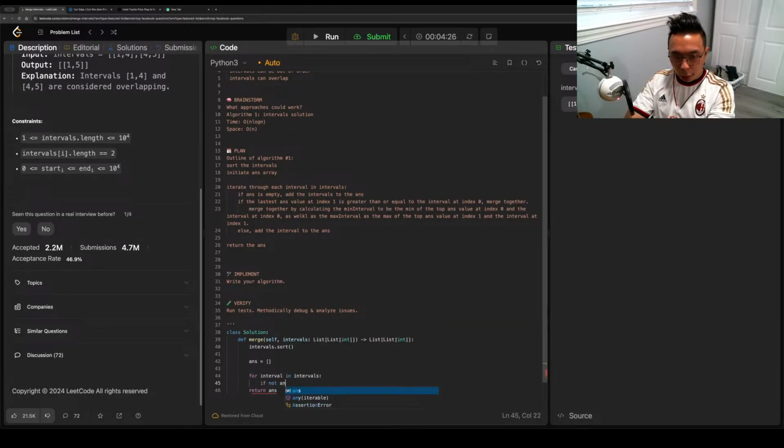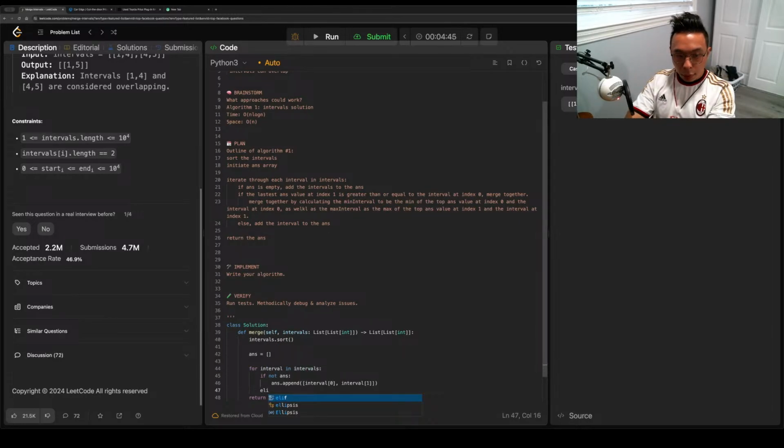If not answer, ans.append interval 0, interval 1. Else, elif answer[-1][1] is greater than or equal to interval at 0,